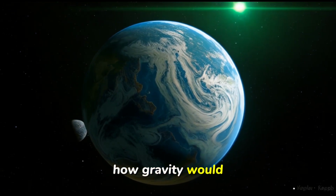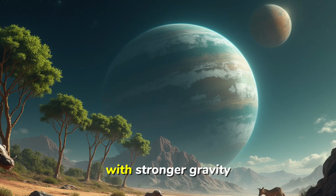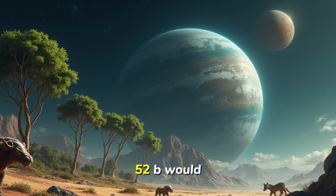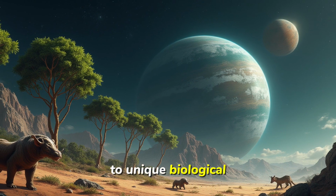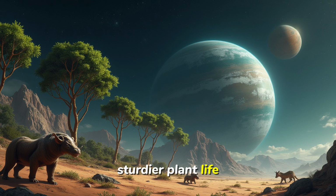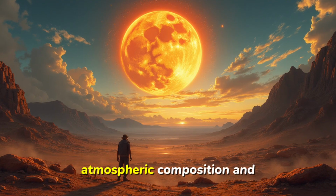How gravity would affect life on Kepler-452b. With stronger gravity than Earth, any life on Kepler-452b would have to adapt to higher gravitational forces. This could lead to unique biological adaptations, from shorter, sturdier plant life to different structural characteristics in animals, atmospheric composition,